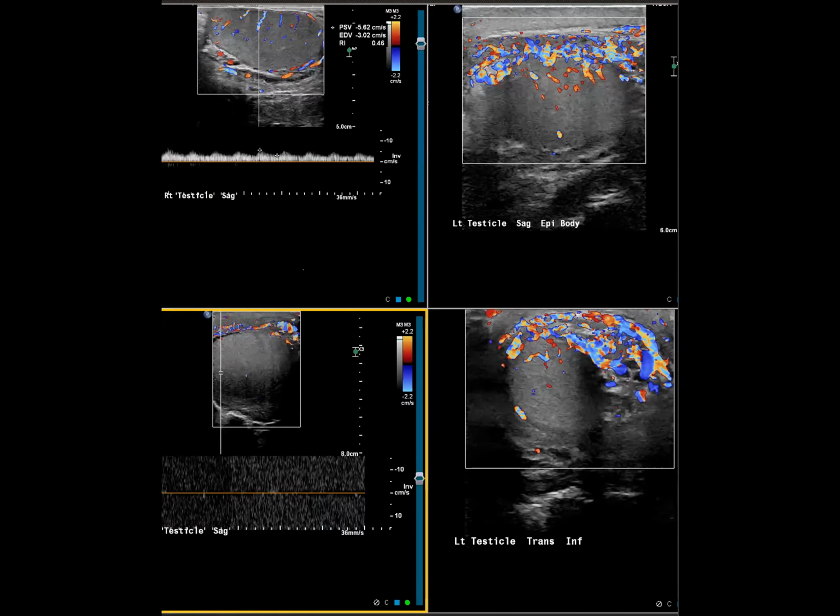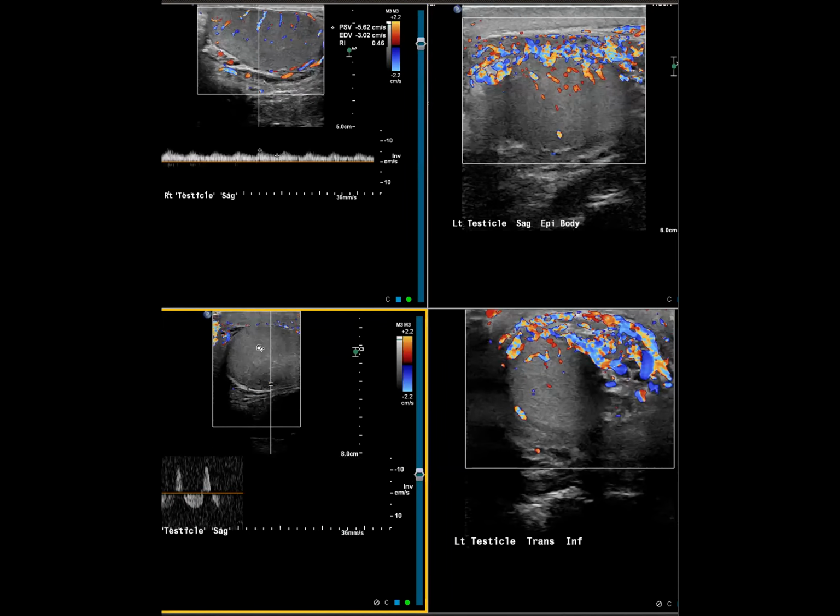And now because of this appearance, like decreased blood supply, and with this spectral flow, the report now read as concern for torsion. So one day prior, they say epididymo-orchitis, and now the next day they say torsion. So do you agree with the